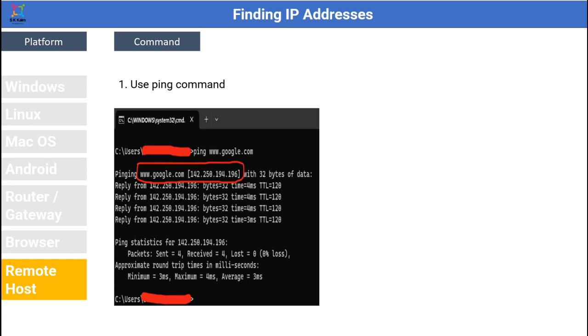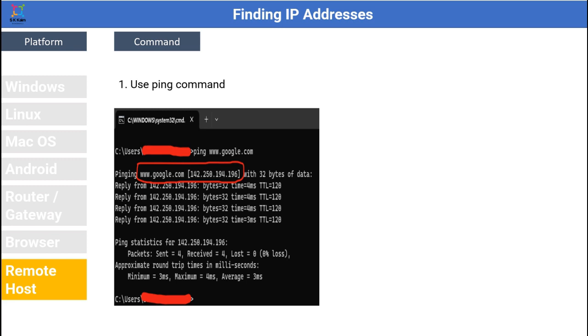In my case, the IP address I get is 142.250.194.196. In your case, this IP address may be different. Why? Because google.com has multiple servers across the globe. So it all depends on which server or host where the Google service is running is nearest to you and is available and able to process your request much faster, and that host will reply with its IP address.